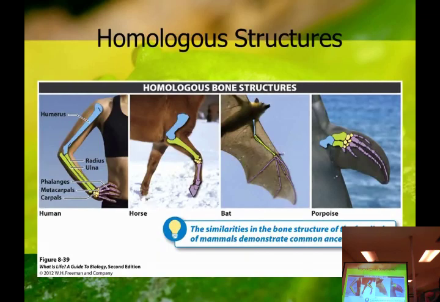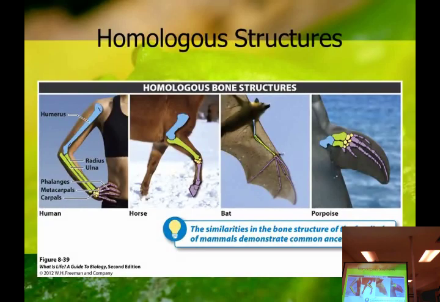Bat, throughout the bat wings, has the same bone structures, but in a little bit of a different pattern so that it can fly. And the porpoise so that it can glide through the water. So they have similar bone structures, and at one point, millions and millions of years ago, we may have come